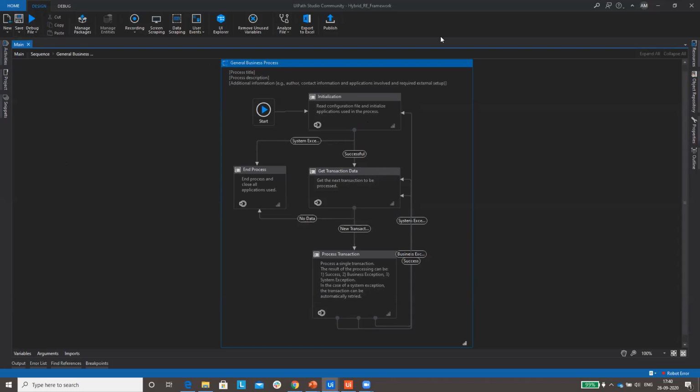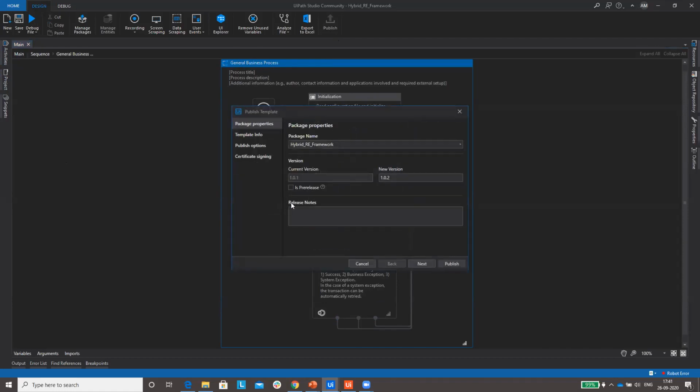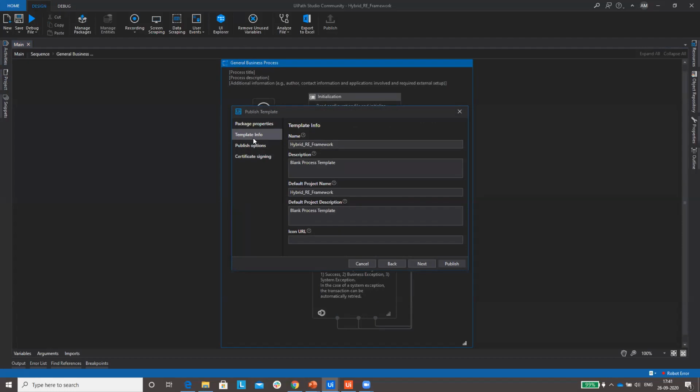Let me publish it. Once you try to publish it, this is where you can see some differences, like template information. Normally you have process info.